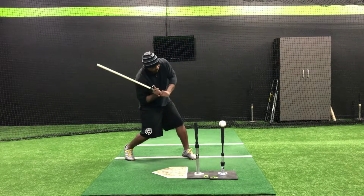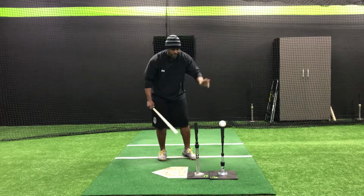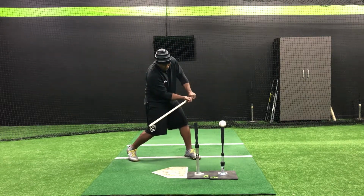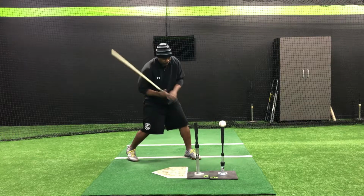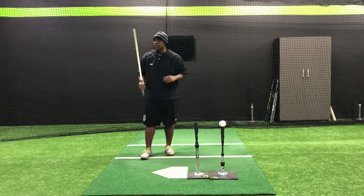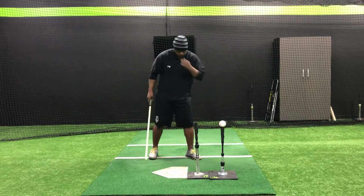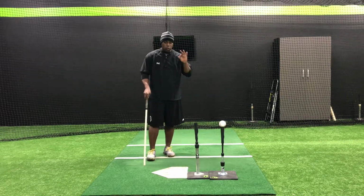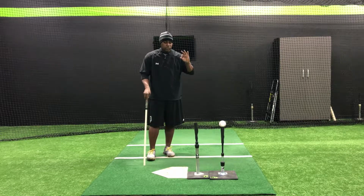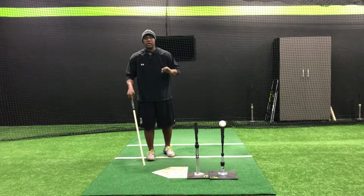All right, and obviously you're going to be a little deeper and you're going to swing this direction, and this could be tilted and that could be higher. But for demonstration purposes, you're trying to get behind the ball early and forward through it from what would be considered inside. We don't talk about hands inside, we talk about barrel inside, but what would be considered inside, forward through the ball. Those 3 reasons for tee work are the exact reasons we use tee work to train hitters who are working